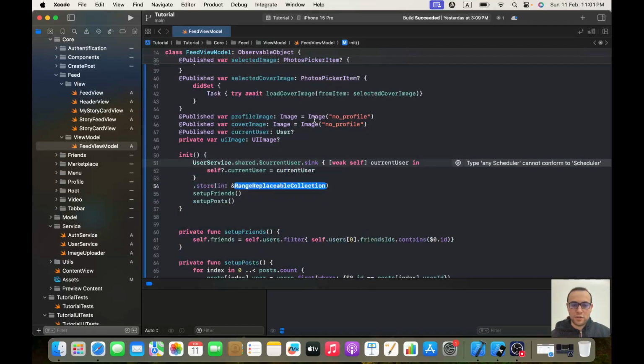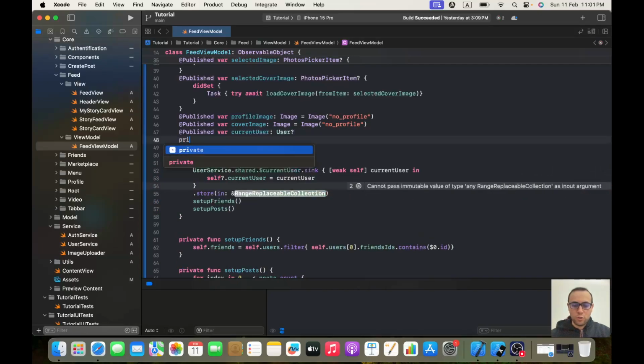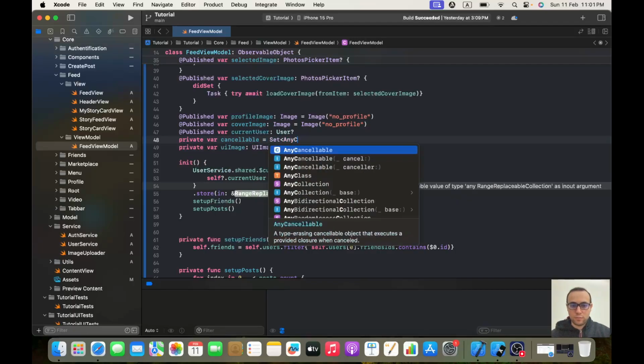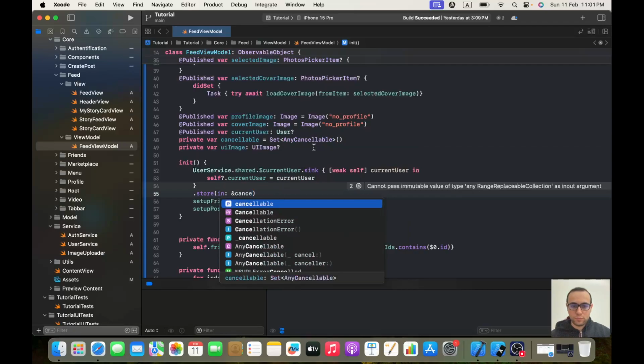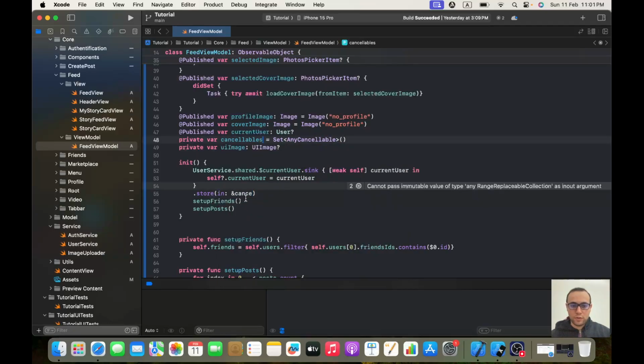inside AnyCancellable. So here we need a private var cancellables equals to Set of AnyCancellable. Okay, perfect, and store it inside cancellables. Okay, let's add the s, and it will be inside cancellables. Okay, perfect. Here now we got the current user, so now we need to go to our